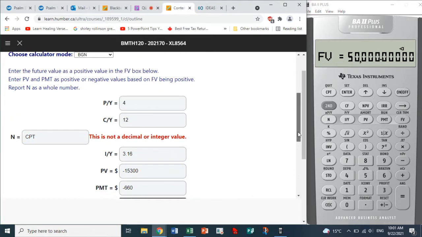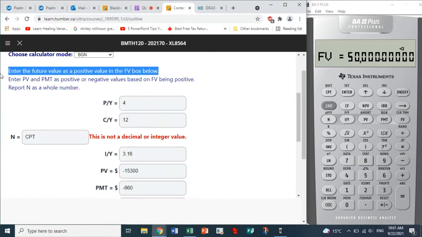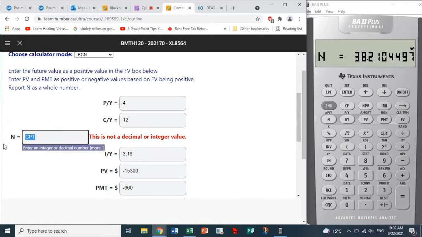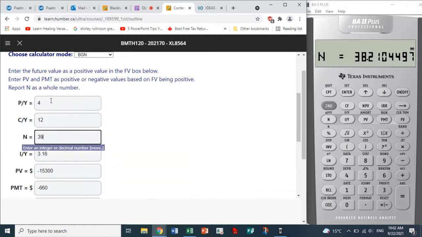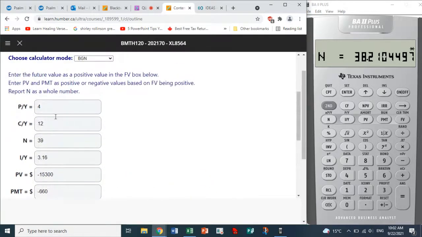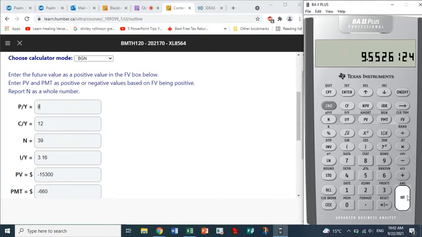Yes, let's just check to make sure we followed all the rules. Yes, future value has to be positive, and n would be reported as a whole number. So let's compute n and see what happens. Well, we get 38.21. So what does that work out to be? Well, we have to put it in as 39 because it has to be a whole number. You don't take off the decimal. It has to go up. All right, so years and months, what do we do? Well, we have to divide by 4, not 12. It's not this 12. It's this 4, the payments, right? Because those are payments that are made. So we divide by 4 and we get an answer of